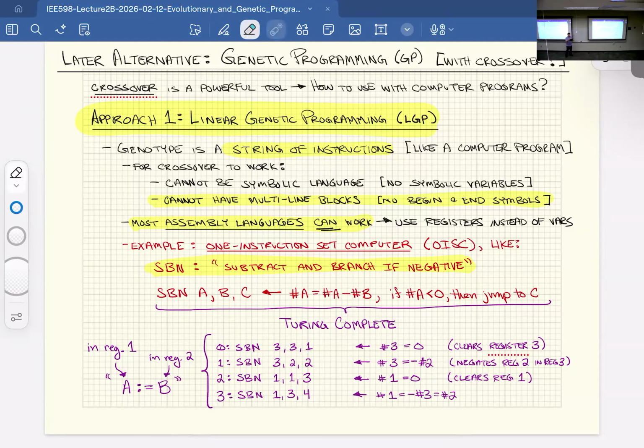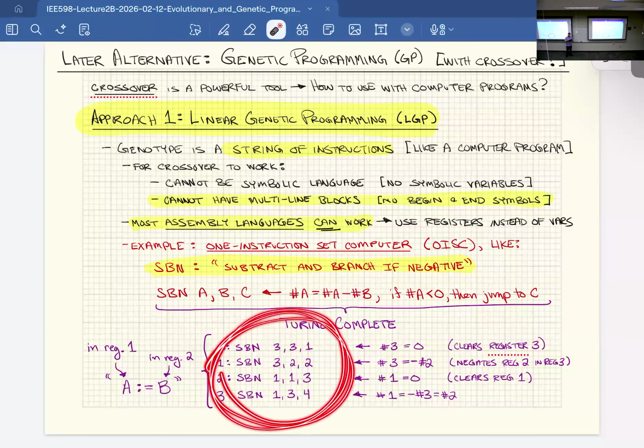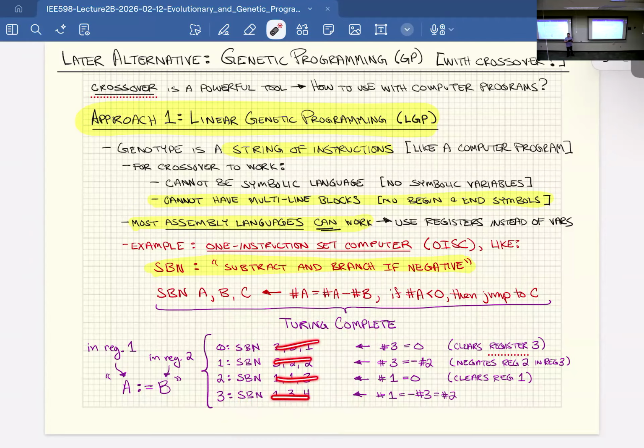Looks crazy, but this looks very genotype, right? It's basically, I could get rid of SBN and I'd basically get 331, 322, 113, 134. This would be easy for me to encode. This is my gene. I basically have genes that are 3 sets of numbers, and the alleles are the different numbers that go into those different positions. And if I can mutate these, I can cross over with these, and I can then execute the resulting code that comes from creating individuals of these.